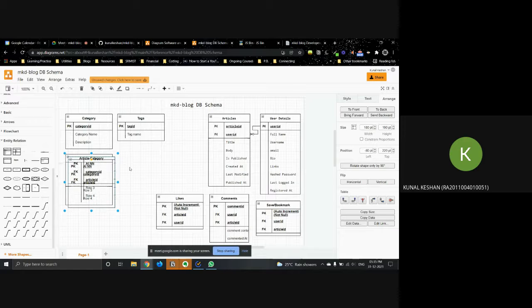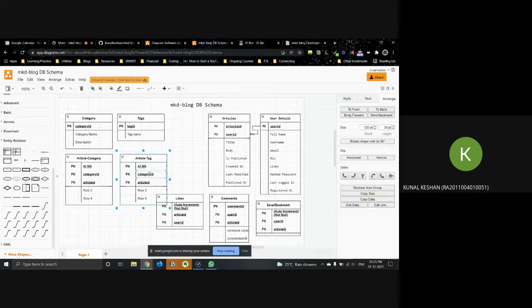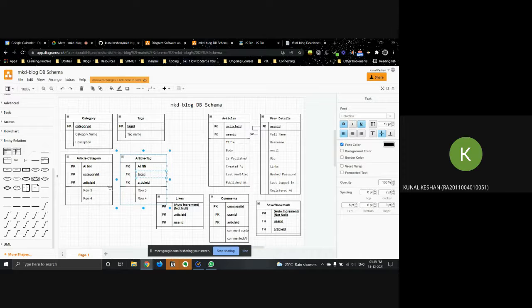Similarly, a table for this one as well. So the article tag table, primary key auto increment, tag items, and I really need these two.